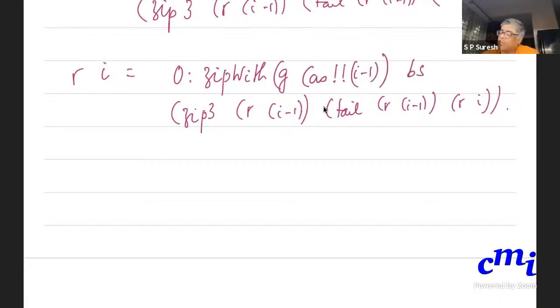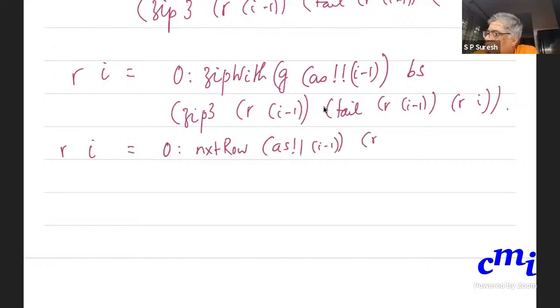Now I want to express this as 0 followed by some function applied on A at I minus 1 and B's. So what would that function be? That is the function I am calling next row. Ri is nothing but 0 followed by the next row function applied on A's I minus 1 and R I minus 1.